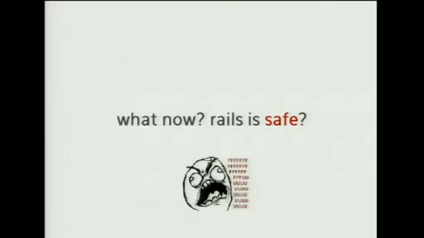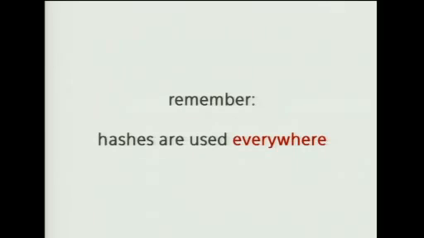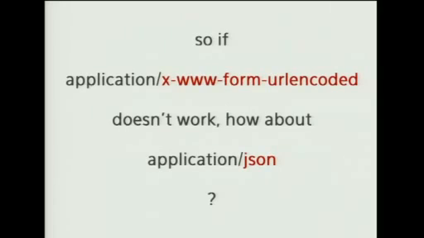So yeah, I was depressed. I got this far, but come on, Rails can't be doing this to me. Then I remembered, hashes are used everywhere, so big deal if form encoded data doesn't work. I will just go on to the next target. So let's try JSON. I hit exactly the same problems, encoding problems, and I fixed them exactly the same way by brute forcing. And to speed things up,